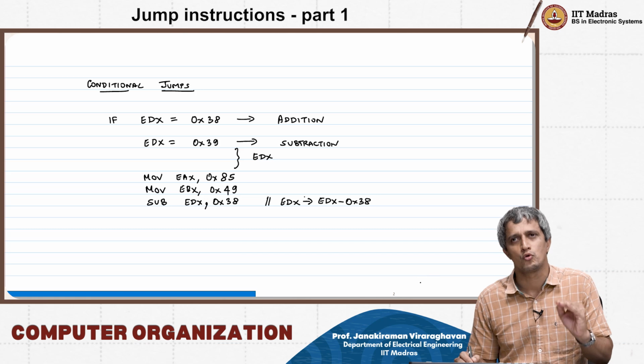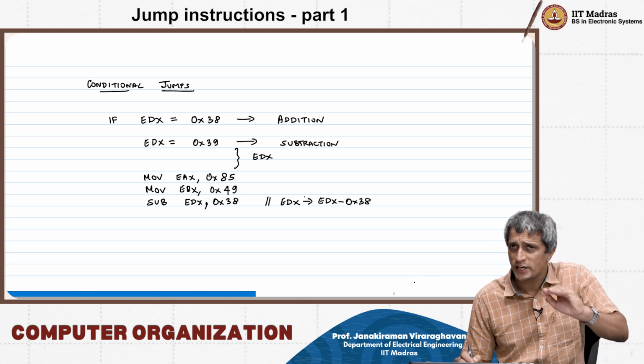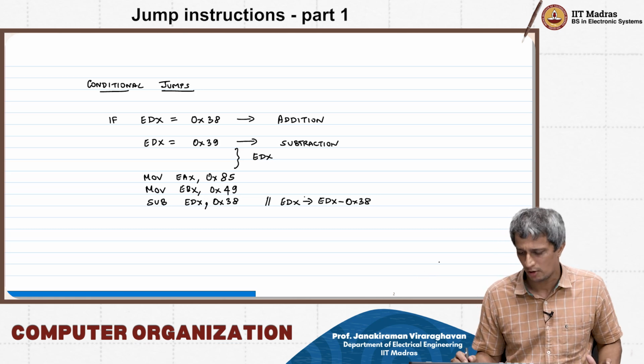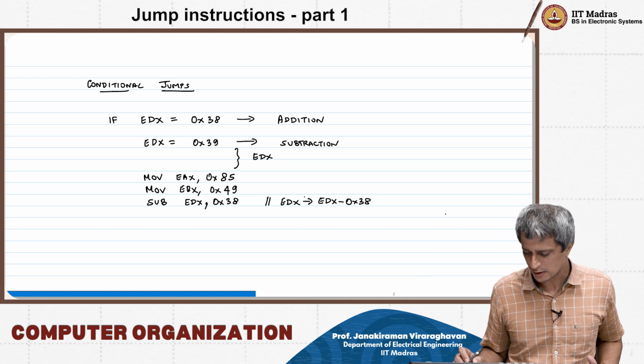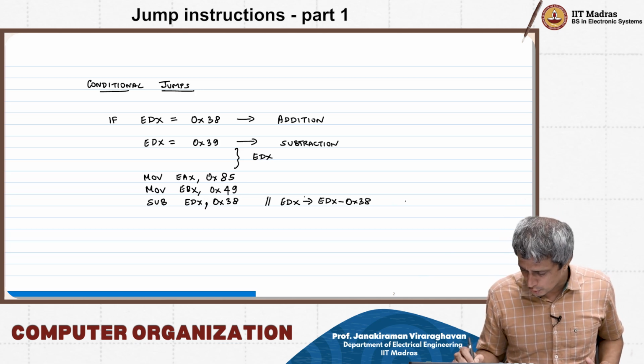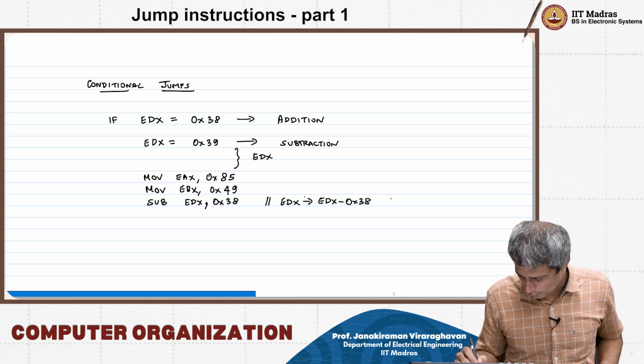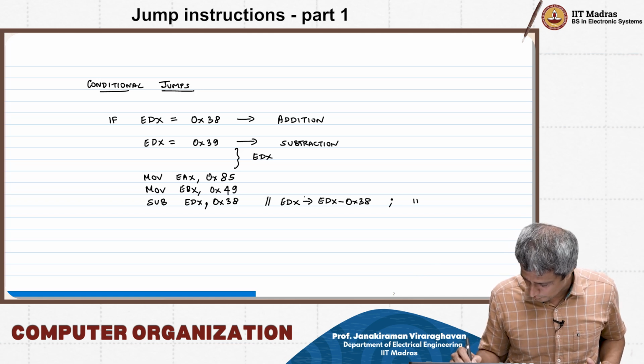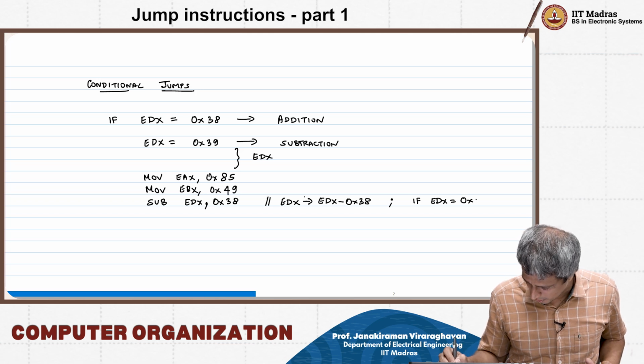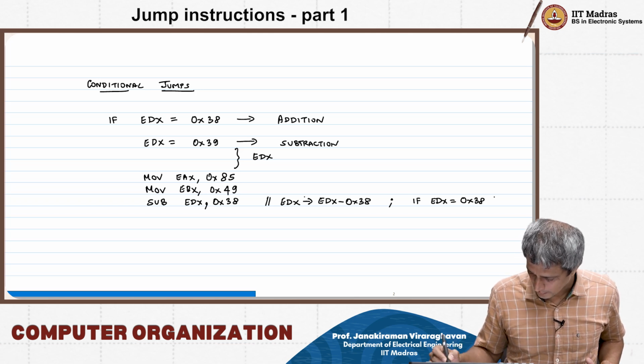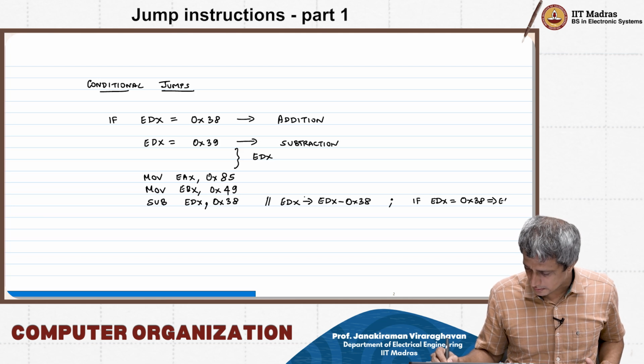Okay, what I wanted to do was addition, and therefore EDX itself was loaded with that particular value. Then you subtract this. The result eventually, EDX after this operation, if EDX was equal to 0x38, implies EDX will be 0 after this,